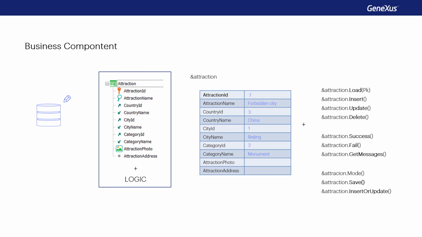The last important thing to mention is that a variable of business component type can be used in any object that has some section of code, not only procedures. This means that we can update the database, for example, from a panel event that requests or displays data to the user, as we'll see. It can also be done from events in transactions, although in that case, there are some limitations that we won't see here.